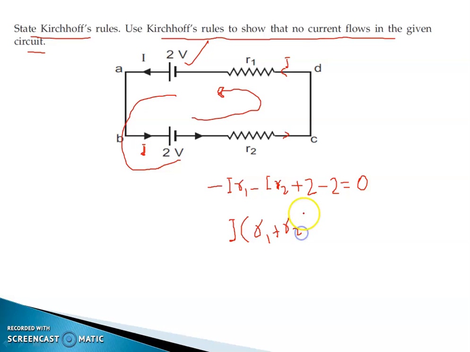Now R1 plus R2 cannot be 0, it means I is equal to 0,